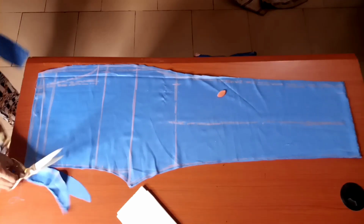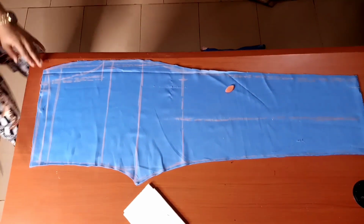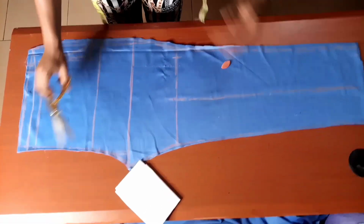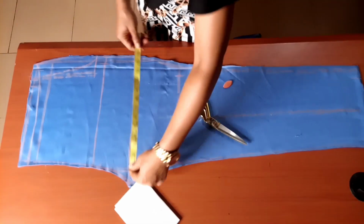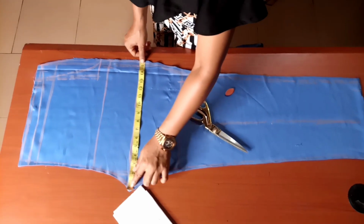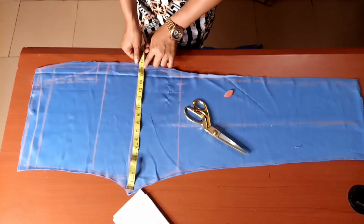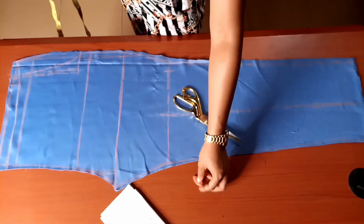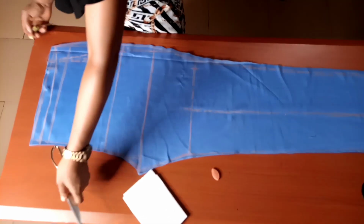We now have a front block. I've not trimmed this out. This is the front block. If you take your tape and measure back, you see that it has accommodated her thigh with just a half inch allowance for sewing. Okay, so what I'm going to do now is fold the front block,